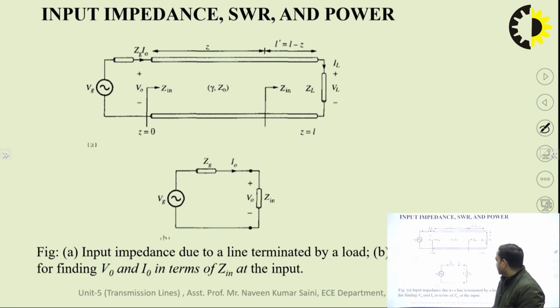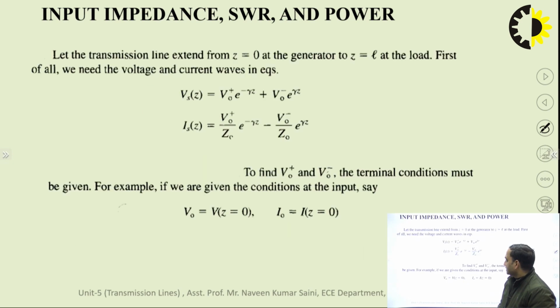So this is the general representation of the diagram which we use in network theory as well. What we do is apply KVL and KCL here, so that we can find the input impedance parameter, the SWR and the power. If you remember, in the last lecture we discussed the voltage and current equations, where